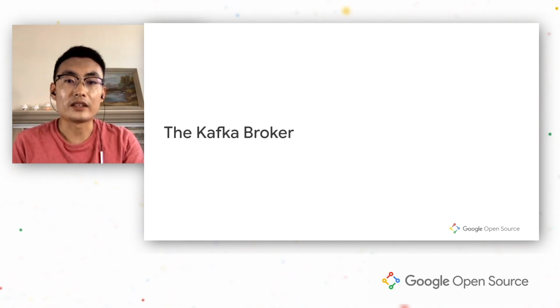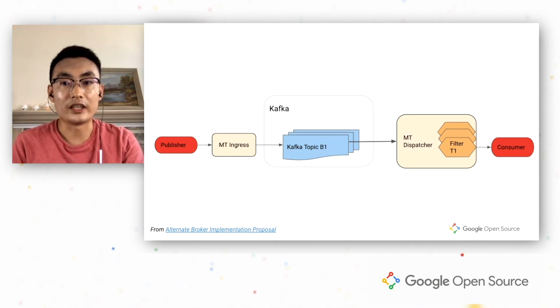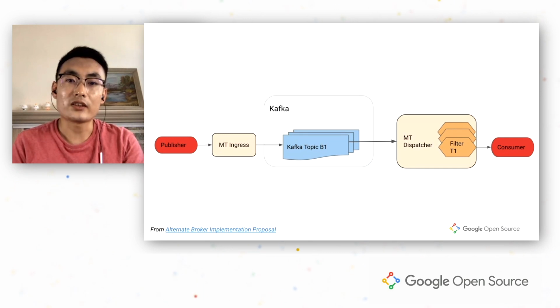Next, let's talk about the Kafka Broker. Similar to the multi-tenant channel broker, the Kafka Broker uses a multi-tenant shared data plane. The ingress is sliced to serve multiple brokers by sharing a path. A Kafka topic is created for each broker, like a channel is created for each broker in the multi-tenant channel broker case. A multi-tenant dispatcher is responsible for pulling events from Kafka, applying the filter, and delivering the events to